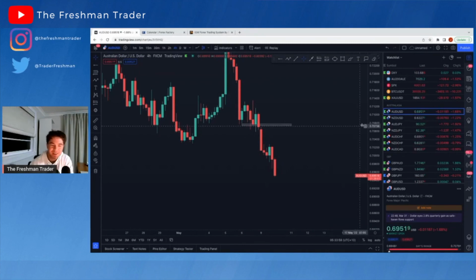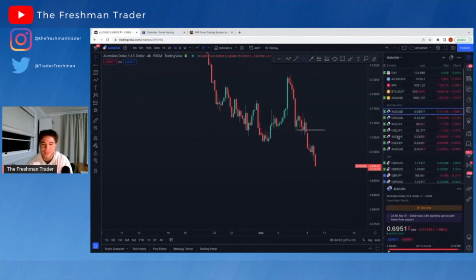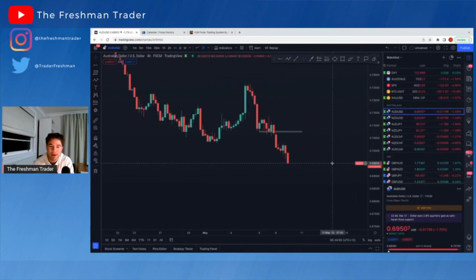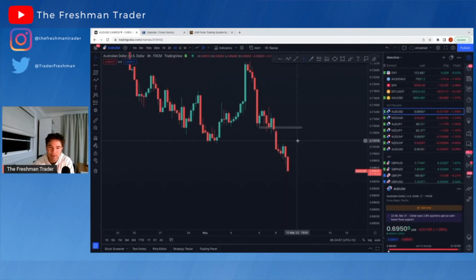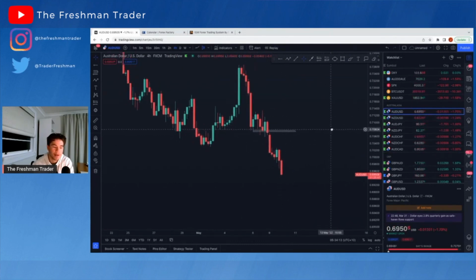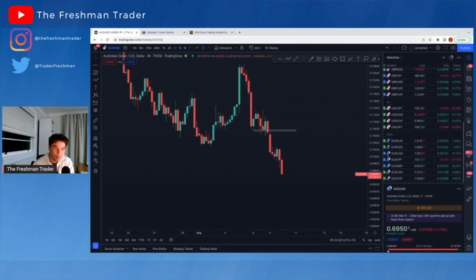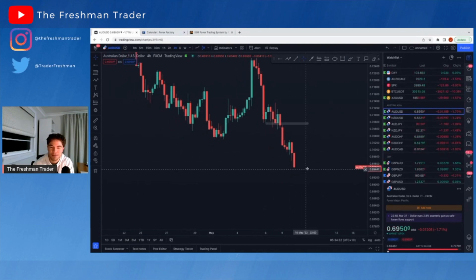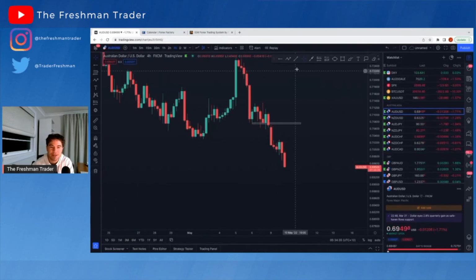Okay. Aussie dollar, US dollar. We'll go through all of these pairs on the right over here and look at what we're doing. With Aussie dollar and New Zealand dollar, most of these pairs, we can see we're making lower lows and lower highs. So even over here, we can see we're massively bearish. Down almost 2% on Aussie dollar, Japanese yen. For those guys asking, I'll go through all of these pairs, so don't stress. GU included. In terms of setups, I will be looking at